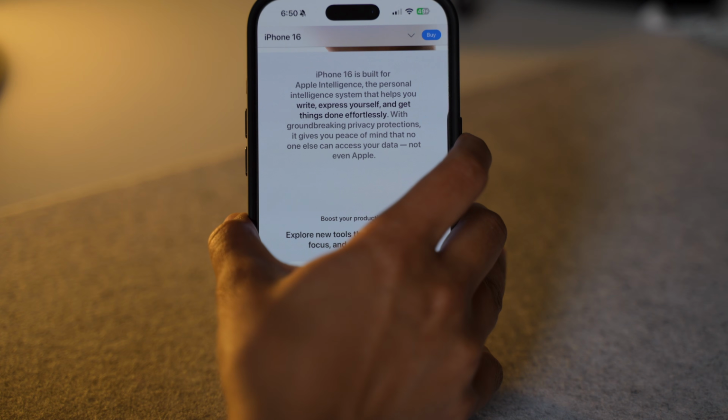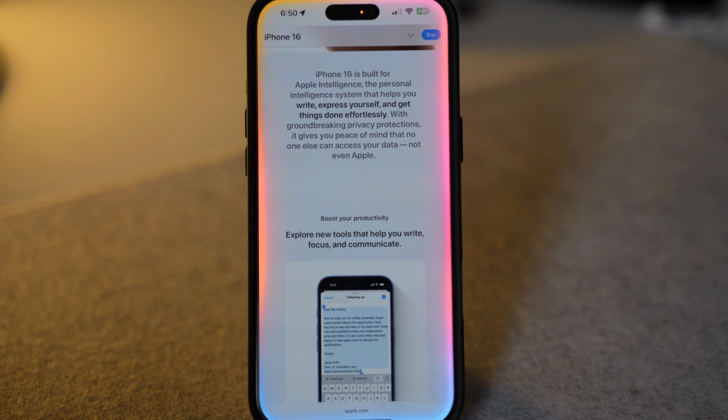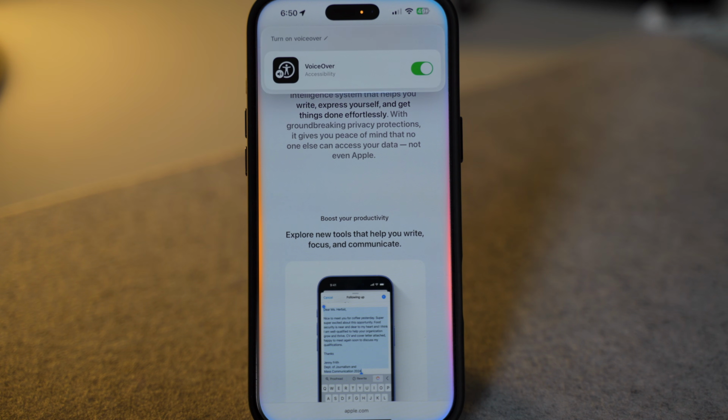It's obviously super useful for the visually challenged, but how I use it is when I'm reading a long article or a message or a document, I turn on VoiceOver using Siri, then tap on something to let my iPhone read